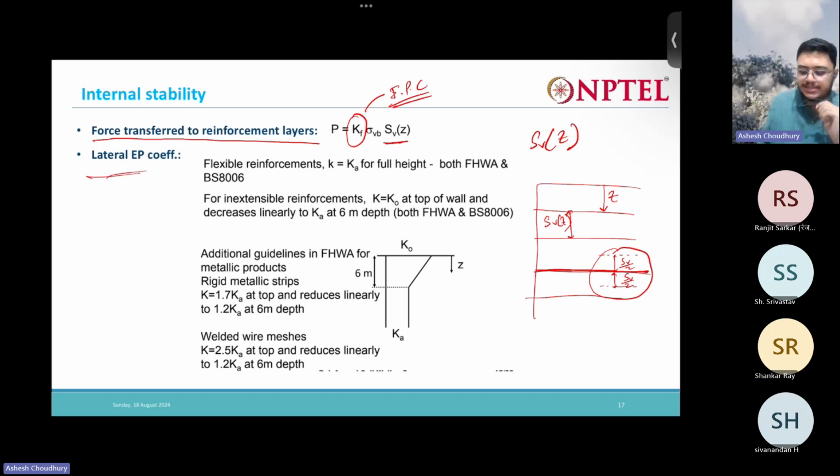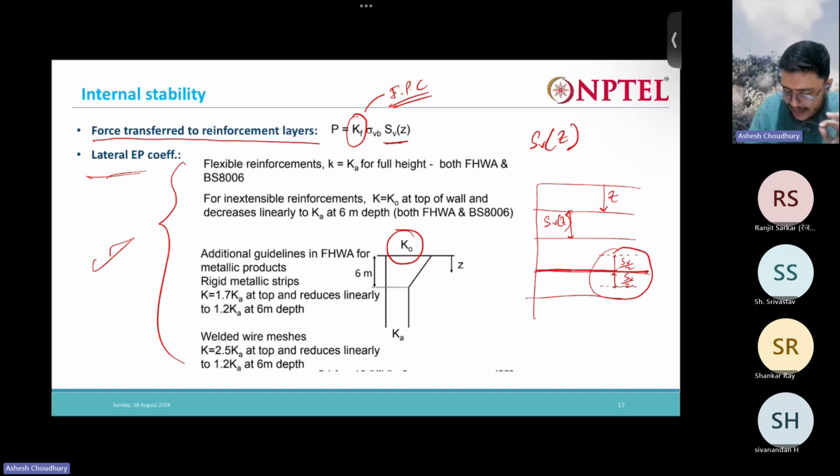Now, what is the lateral earth pressure coefficient that you have to consider? At the top, the movement of the retaining wall is very less. So we say that there the conditions are almost earth pressure at rest. So at the top, generally this K naught is considered. As we go down, it reduces to Ka. There are various criteria given by various codes that are loosely discussed here. Just see that once. You should know that there are some criteria.